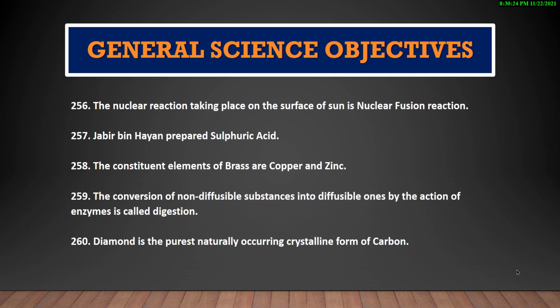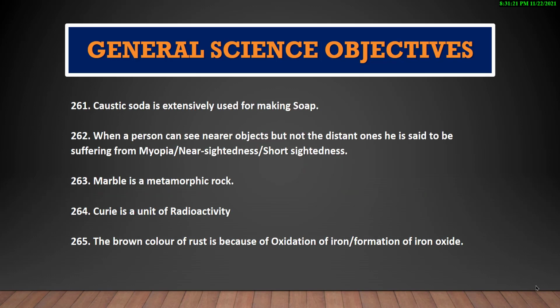The conversion of non-diffusible substances into diffusible ones by the action of enzymes is called digestion. Diamond is the purest naturally occurring crystalline form of carbon. Caustic soda is extensively used for making soap. When a person can see nearer objects but not the distant ones, he is said to be suffering from myopia